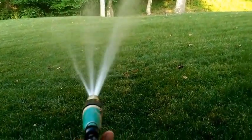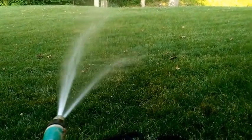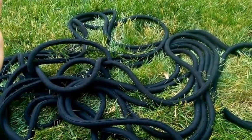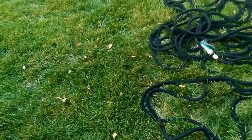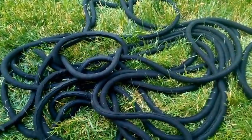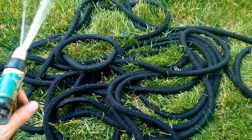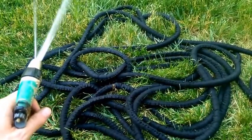This sprayer here I got, it's not real great, but it at least gives you an idea. So when it's in use, it's still expanded. And then I'll turn the water off and turn that off, and then spray it out, and then we'll watch it contract. It's got quite a bit of water in it with a 100-foot hose, so it takes a little bit of time,